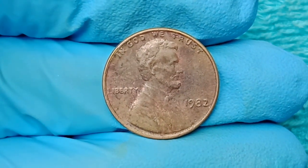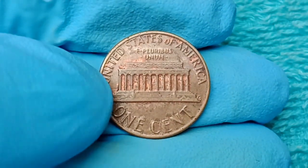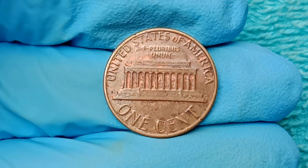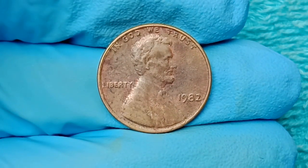And it's not just the known errors that make 1982 cents exciting, but also the countless possibilities that many believe remain undiscovered because the transitional nature of the year, the use of 2 compositions, 2 die designs, and minting at 2 facilities created conditions ripe for undocumented varieties, hybrid combinations, and previously unknown anomalies to have been struck and quietly